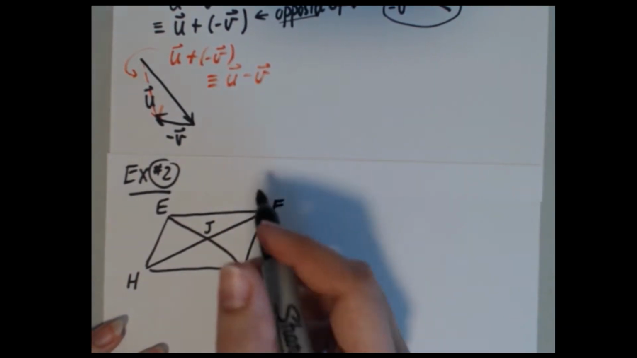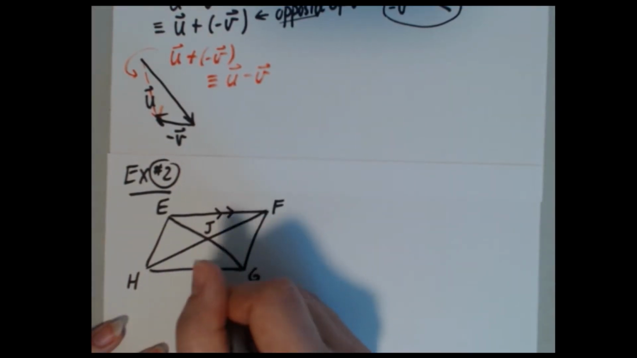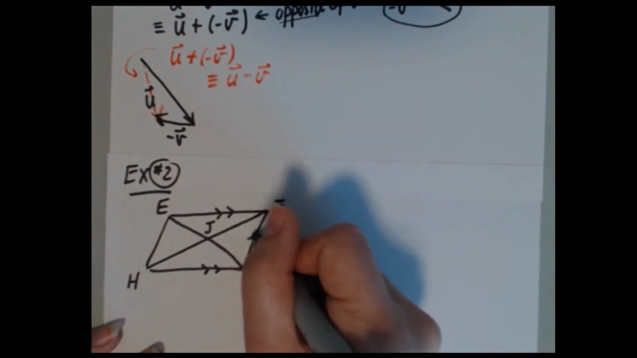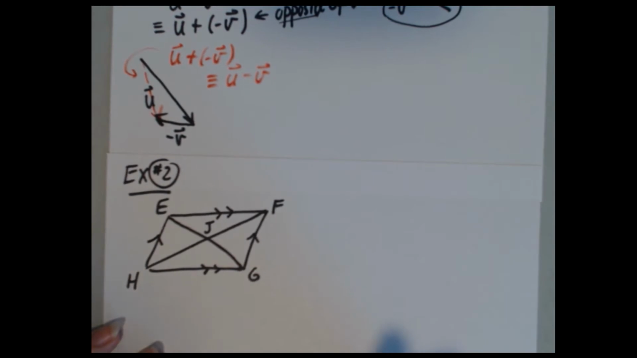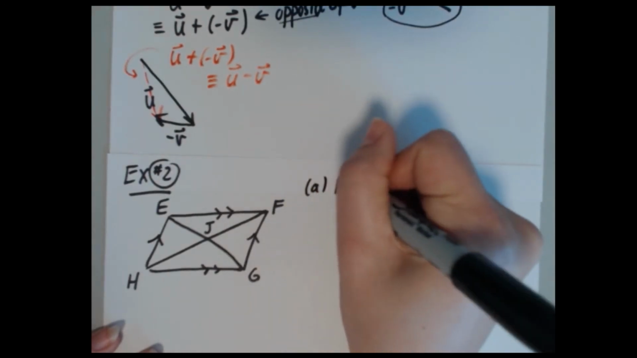I'm also going to just show here that these two sides are parallel. That's what these arrows mean. Those arrows are not meant to represent a vector. These are just lines. The fact that I have these arrows just means that these two sides are parallel and these two sides are parallel. So again, not meant to represent a vector. Now given this picture,